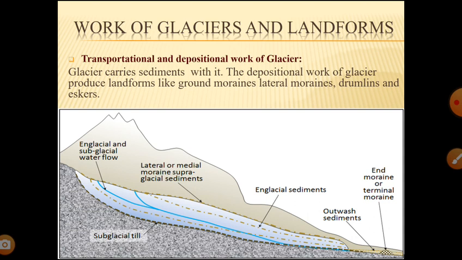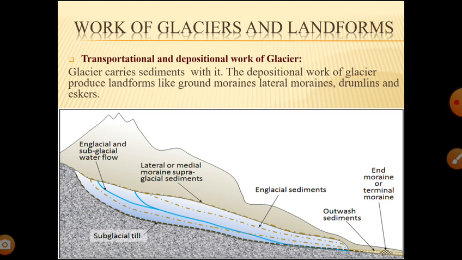Now, transportational and depositional work of glacier. Glacier carries sediment with it. The depositional work of glacier produces landforms like ground moraine, lateral moraine, drumlins and eskers. Here there are four types of moraine. Okay, terminal moraine is also